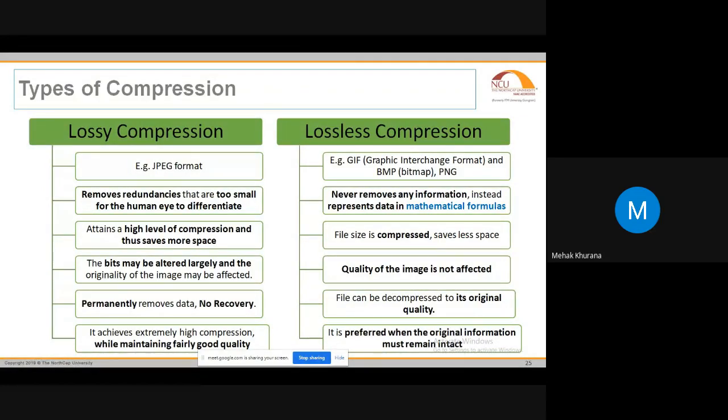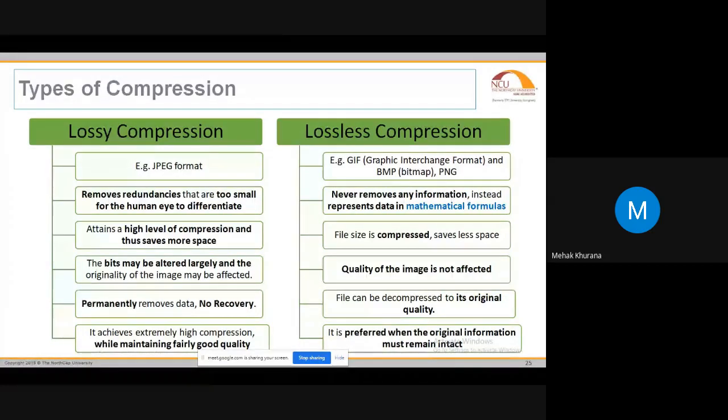Now, what is lossy? Lossy means there is a loss of information, and lossless means that when we compress the data, there is less loss of information, or we can say no loss of information. In lossy compression, it tries to remove the redundancy, because as Preeti ma'am also told yesterday, in the image there are a lot of bits which are repeated. So we are trying to remove those bits in such a manner that it is not detectable by the normal human eye. It is not that we remove every redundant bit; we remove them in such a manner that we are not able to differentiate between the actual image and the final image.